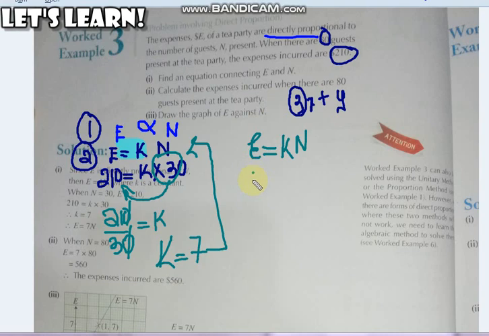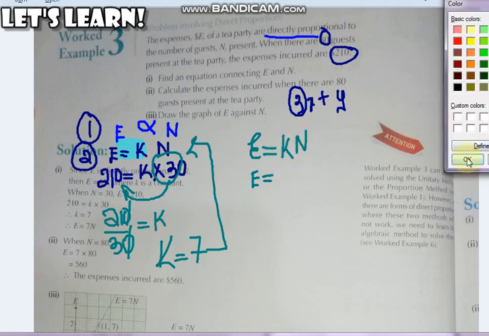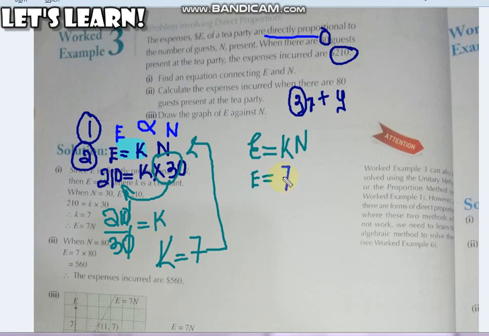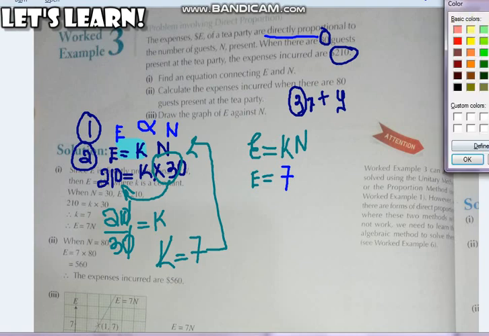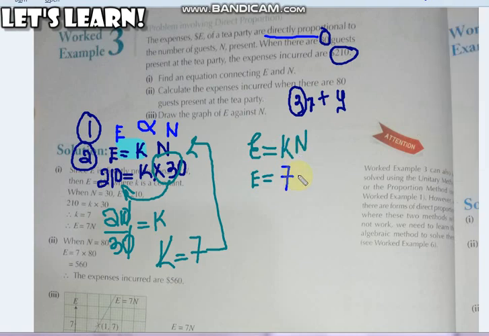So I will put the E down as it is. The equal to sign will come down here as it is. But in place of k now, I'm going to put 7. Not a variable, actually it's a number, 7, which will never change, and the n will come down here as it is. So this is my equation.